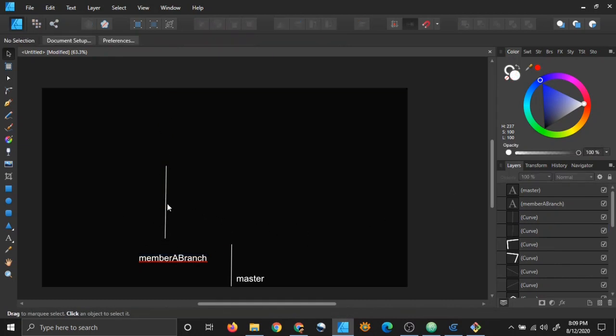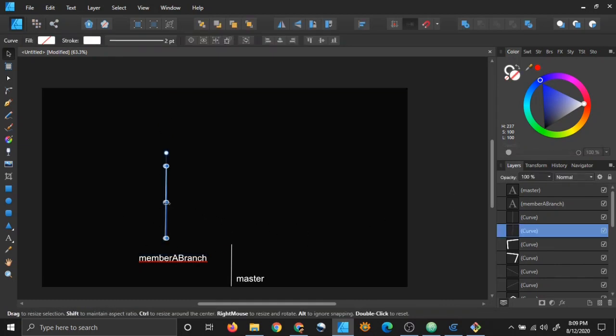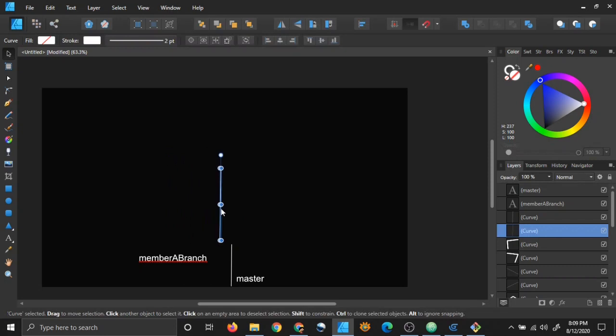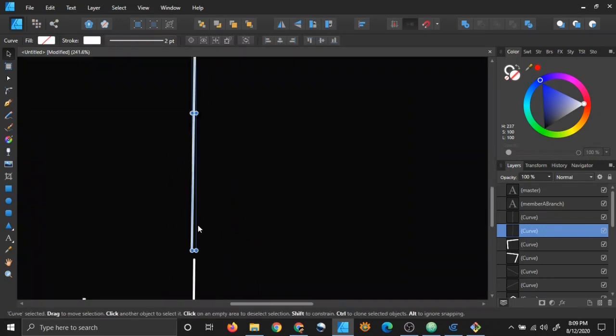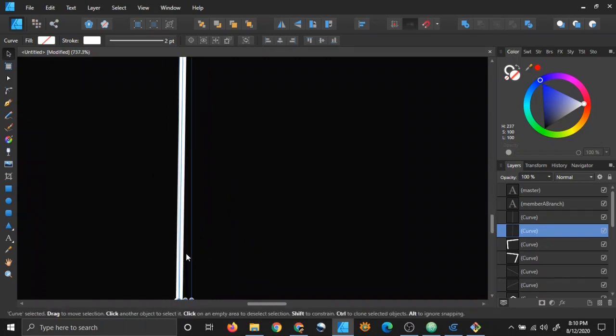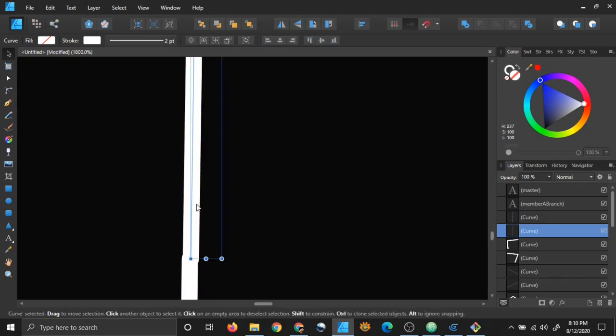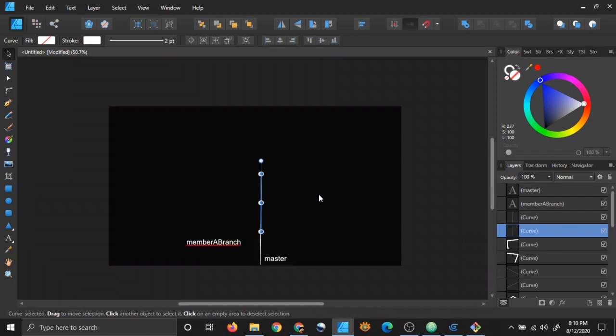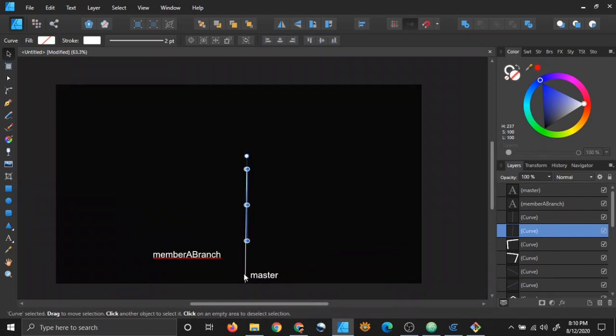If I combine them, I will get a bigger branch, right? Which is a combination of these two. Let me combine them. There you go. I have combined the two branches. Now I have a bigger branch.